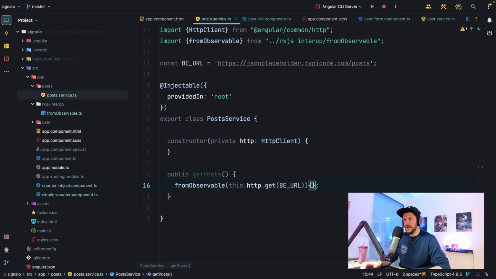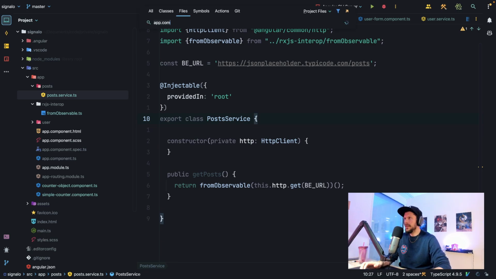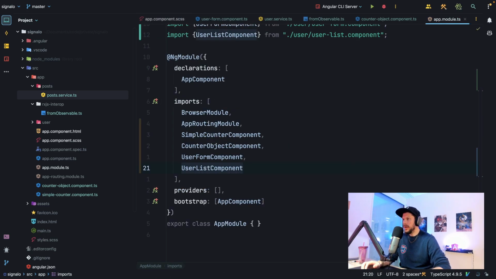Probably we can even get here directly. We can call this and get a list of posts, right? So this would be an array if we type it. Something like this, right? I don't know if this is probably mapped. Maybe here we have to do like a generic. If it's generic. Yeah, something like this. Okay, I don't want to type this because I don't have the model for post, but you get the idea, right? So we get this back, and then probably inside our app module, we have to import